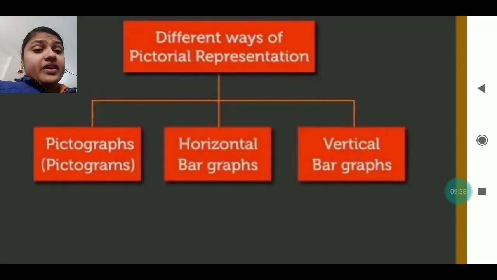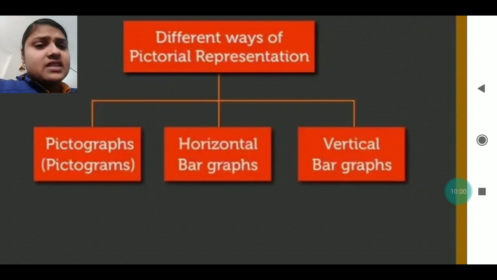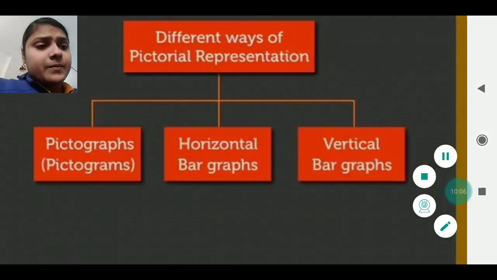Now you can see we are going to move on. Now we are going to do some bar graphs. Bar graphs are a little bit different from the pictograph. Here we used to draw bars for representing the number of items. The bars can be drawn horizontally and vertically. In both ways bars can be drawn. It's not fixed that it can be drawn horizontally only or vertically only. In both ways it can be drawn.